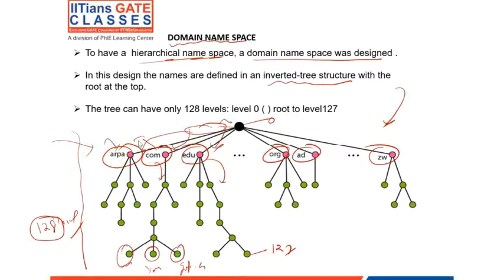But a single node has so many disadvantages. The distributed approach is what we are currently using. Your com domain is somewhere else, the education domain is somewhere else, the organization domain server is somewhere else. On top of that, we have a root, which is linked with everyone. This is your root server.